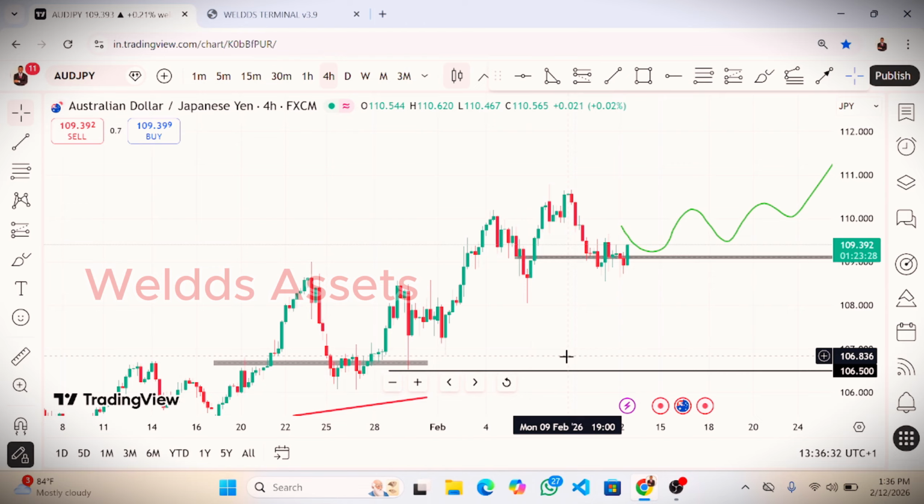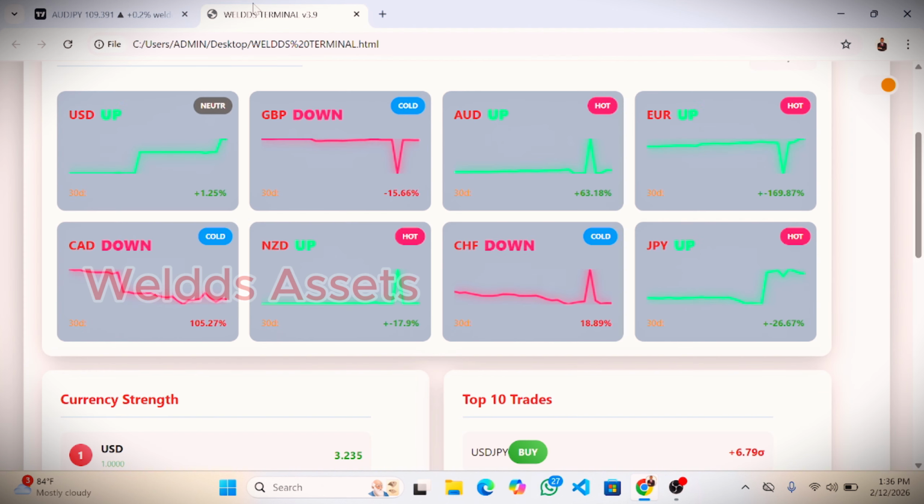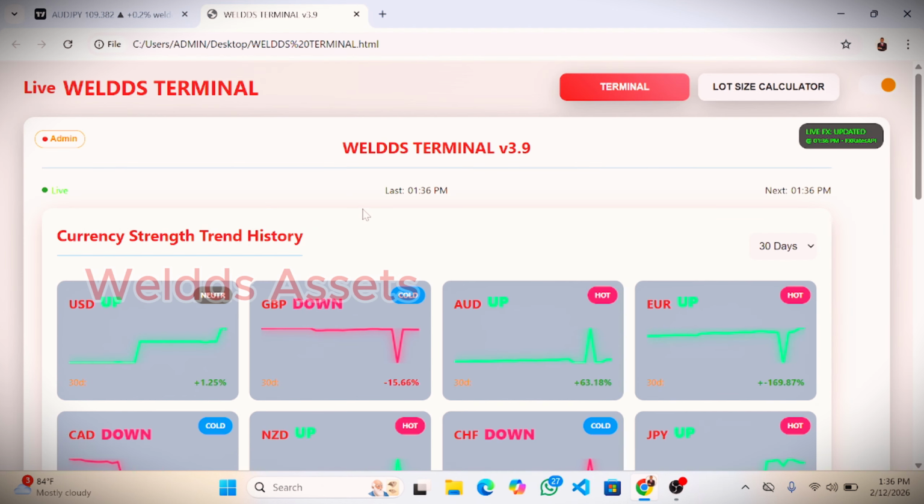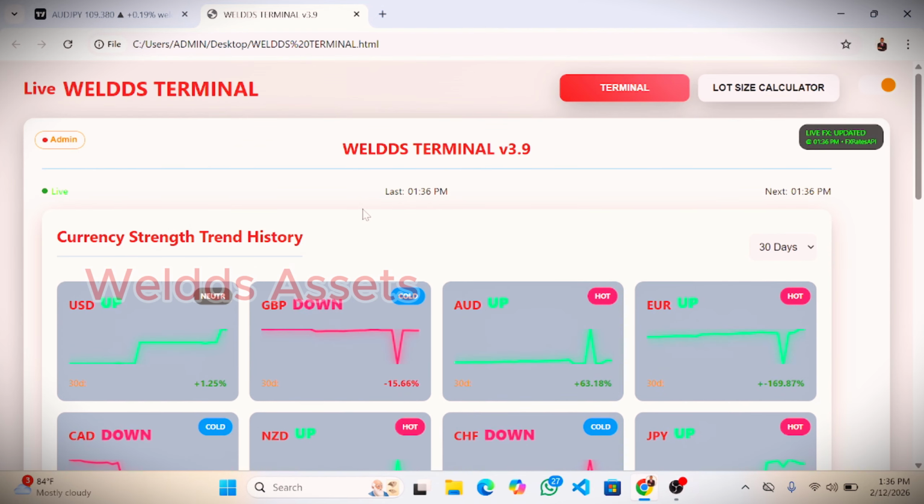And in this video today, I am going to look at the Weldds Macro Terminal, the best macroeconomic analytic software that's available to retail traders all over the world. And using the Weldds Macro Terminal, I am going to analyze the market and show you the best trade setups